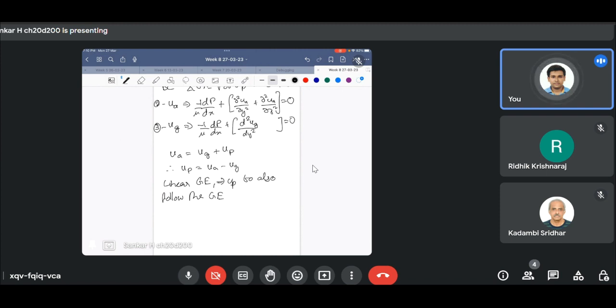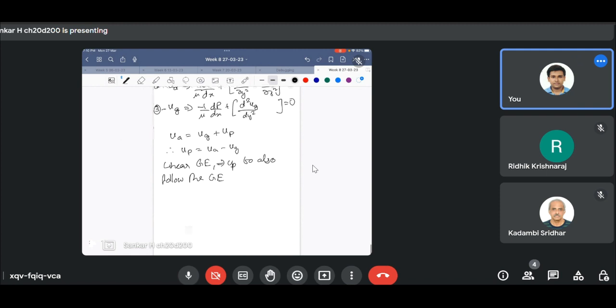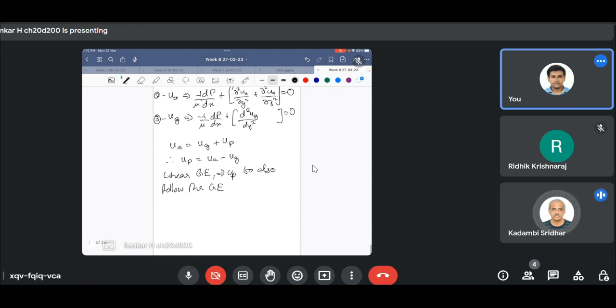Does that make sense? Yeah, that's how we have defined it anyway. Yeah, exactly. So we have just defined it like that. So when I subtract equation 2 from 3, equation 2 minus equation 3, I'll see that the pressure term goes